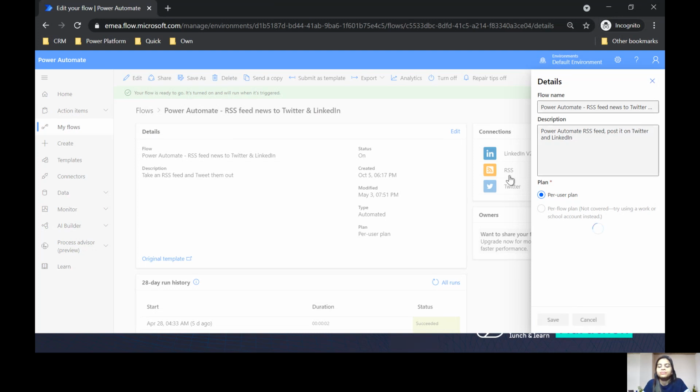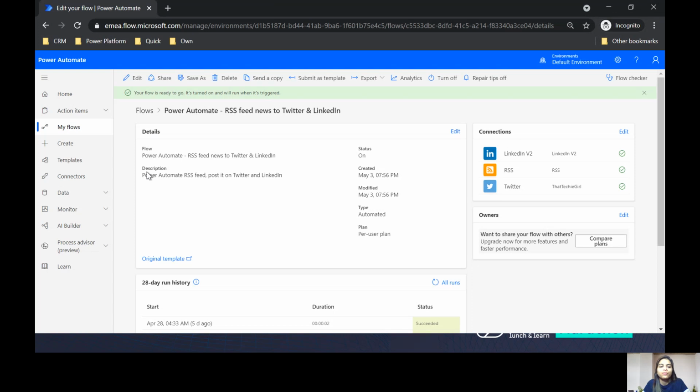So I'm going to save it, and as soon as this is saved, please note the description is updated. This was first created back in the month of May, so that's the reason it's giving me all those details. The status is the mandatory field, because it is telling you that your flow is in working condition and is active. There is a button called turn off. If I turn it off, it will also give you an error that there is a potential problem with the flow, and the status will be off.